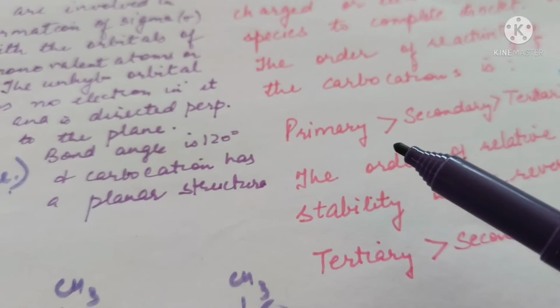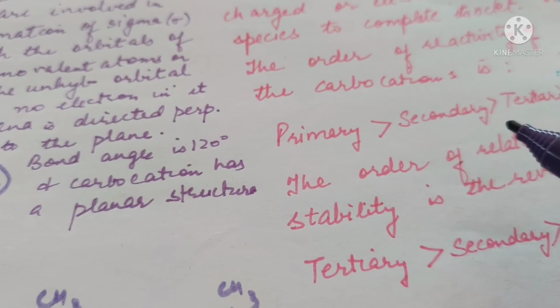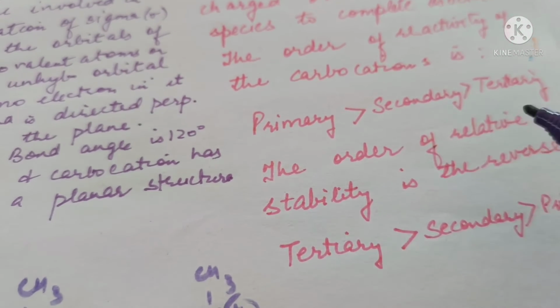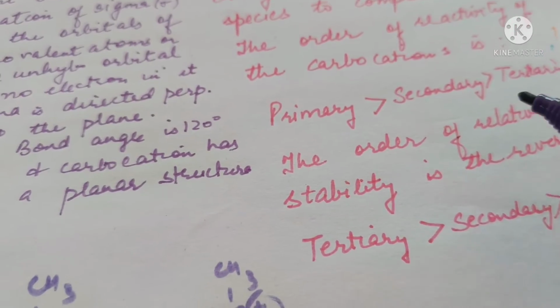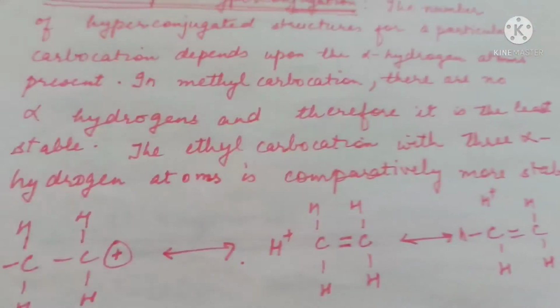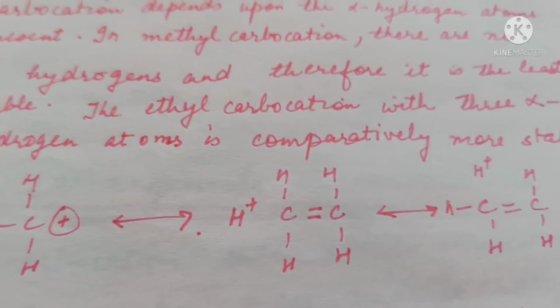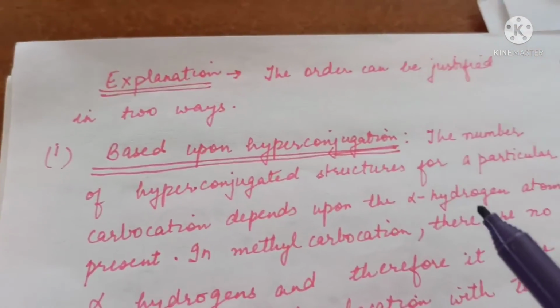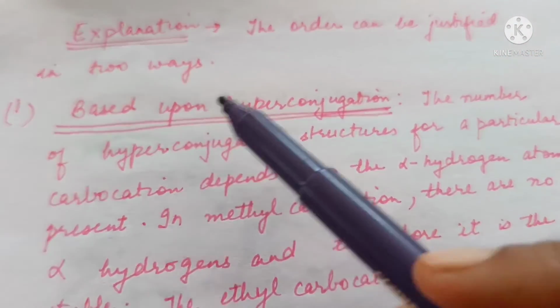So the order of reactivity will be primary more reactive than secondary, which will be more reactive than tertiary. Whereas the order of stability is the reverse. Tertiary will be more stable than secondary, which will be more stable than primary. This reactivity or stability order can be explained in two ways. One is based upon